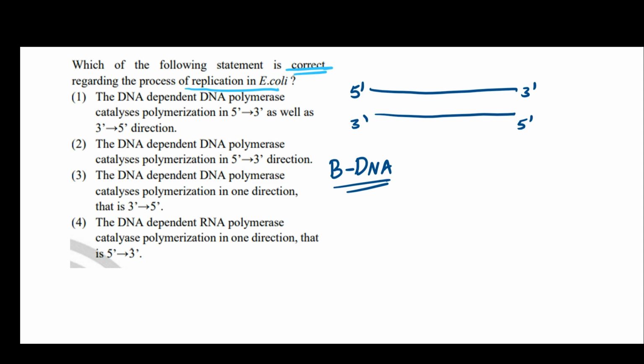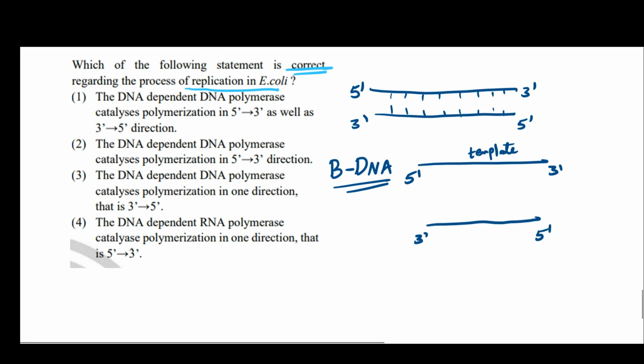Now, during replication, what happens? The bond between these two strands, which is basically hydrogen bond, gets denatured, where each strand now acts as a template. So this is from 5' to 3' direction, and the other is from 3' to 5' direction. Before the new strand starts being synthesized,